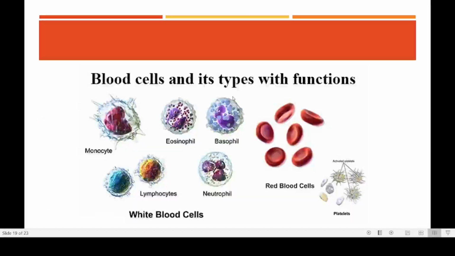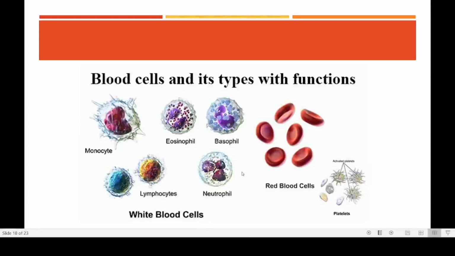Here you can see that this is the monocyte. Out of the different types of cells, this is the monocyte. Yes, you can see that the monocyte is comparatively larger than the others. This is the smallest, and these three are granulocytes, and these are the agranulocytes. There are only two agranulocytes. One is the lymphocyte, the other is the monocyte. If you look at the monocyte, monocytes are bigger cells, and their nucleus is kidney shaped. That is one important peculiarity of the monocyte.